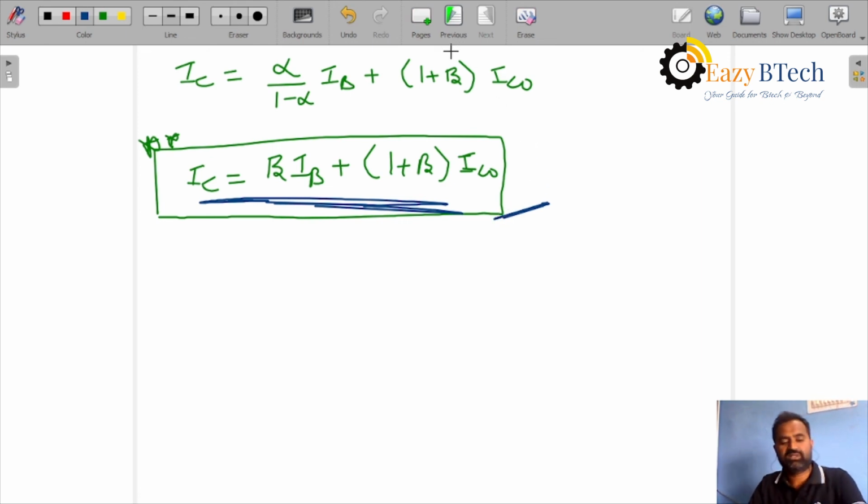Okay, students. In today's session, we discussed how the transistor can act as an amplifier, how the transistor can be operated in the active region, how the transistor is known as a current control device, how the transistor is known as a